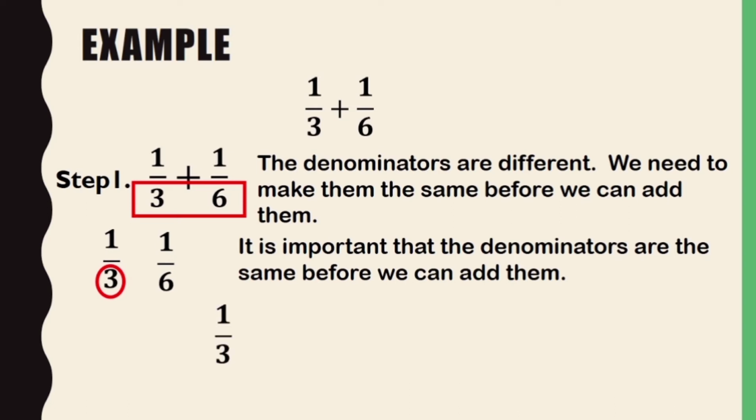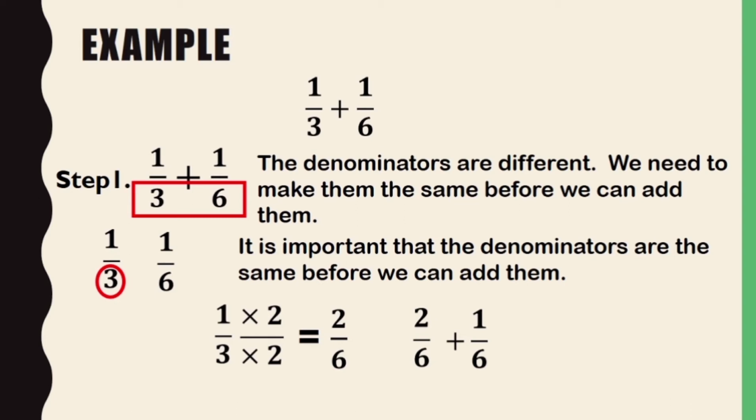So 1/3, ano ba ang ita-times natin sa 1/3 para maging 6 ang denominator niya? So we will multiply 2. So 1 times 2 and 3 times 2. So the answer will be 2 over 6. So as you can see, naging 6 na yung denominator. So 1/3 plus 1/6, we will change 1/3 into 2 over 6 so that we can easily add the two